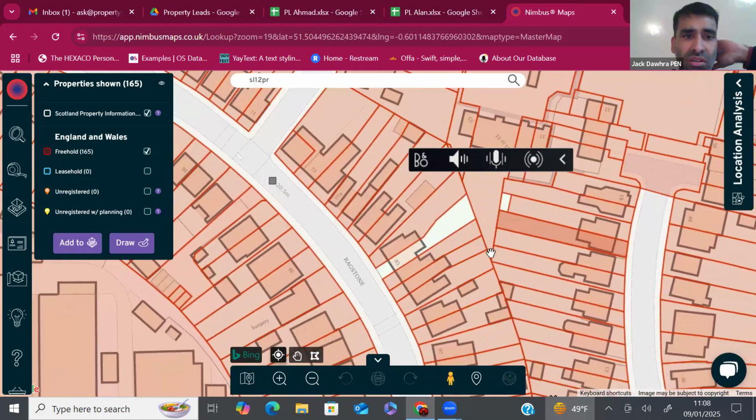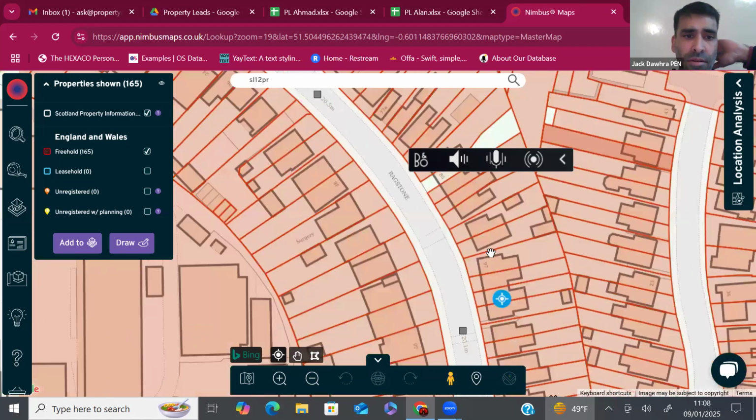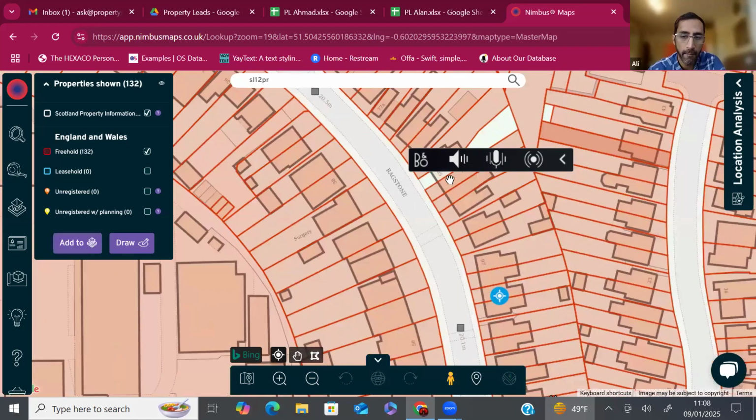Everyone with me on the same page? Yeah. I'm going to stop sharing screen. And then going back to your sheet, when you get the planning portal link with accompanying notes, you'd be able to make sense of the deal and say, what does this actually mean? And then say if it is the right deal to approach or not. Does that make sense? Please raise your hand if you know what I mean.